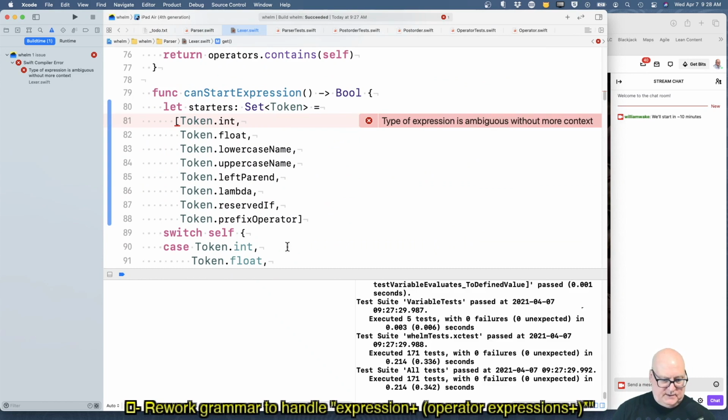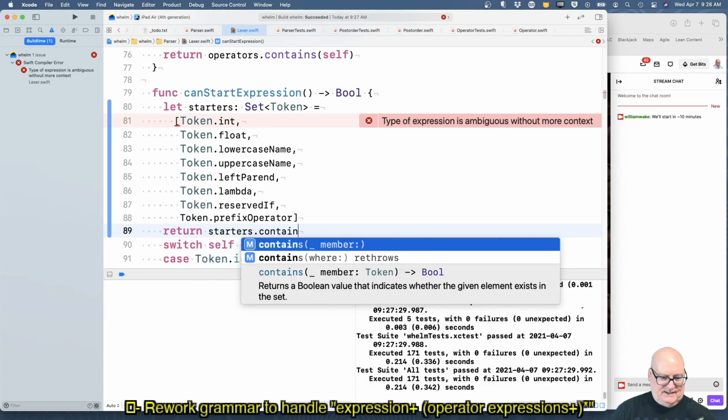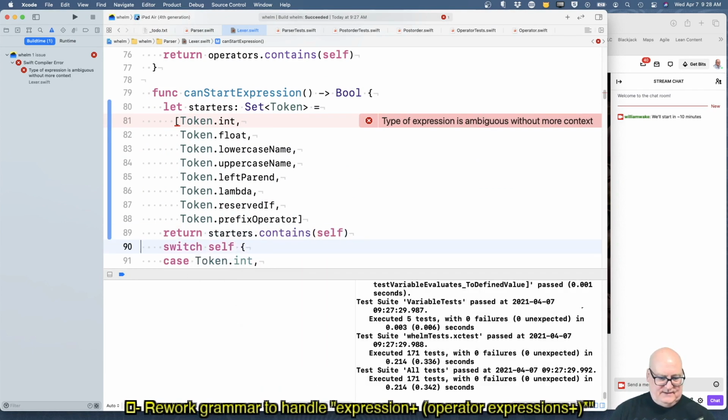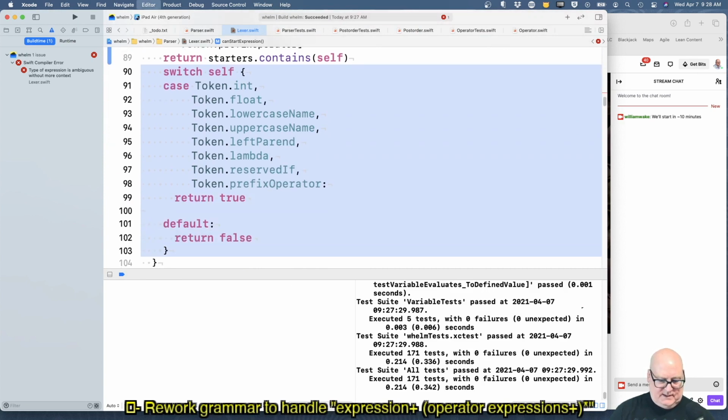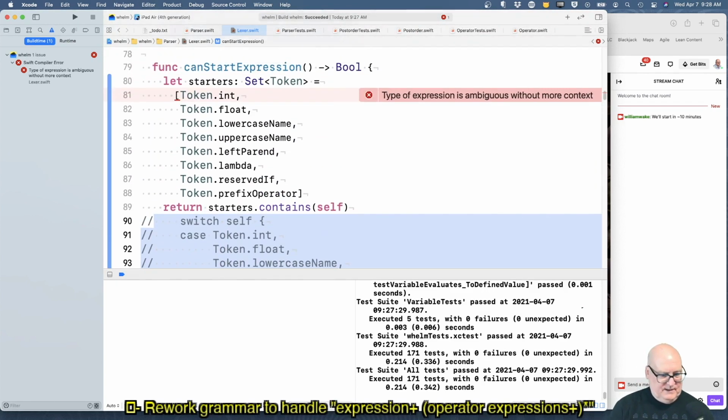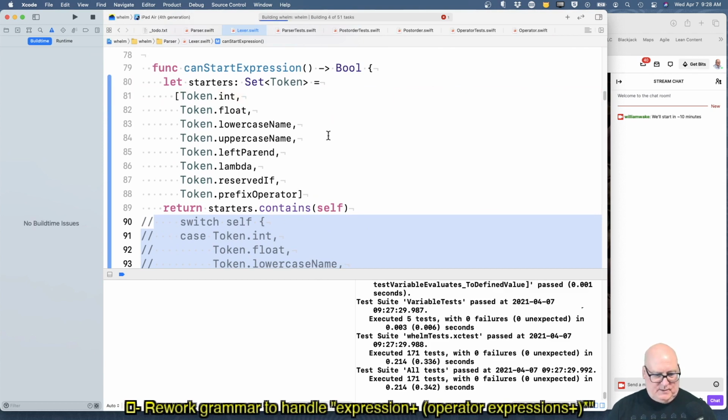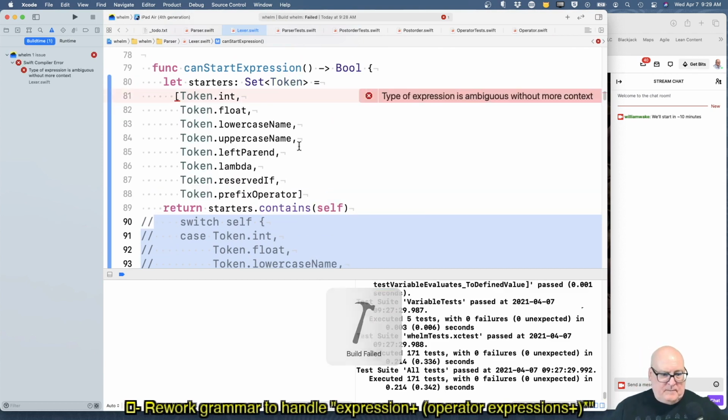Why is that ambiguous? I don't think it is. Return starters dot contains self, and then this should go away. I'll comment it briefly. We got the same thing there. Why? Let's just do a build, see if that goes away. Why is that ambiguous?